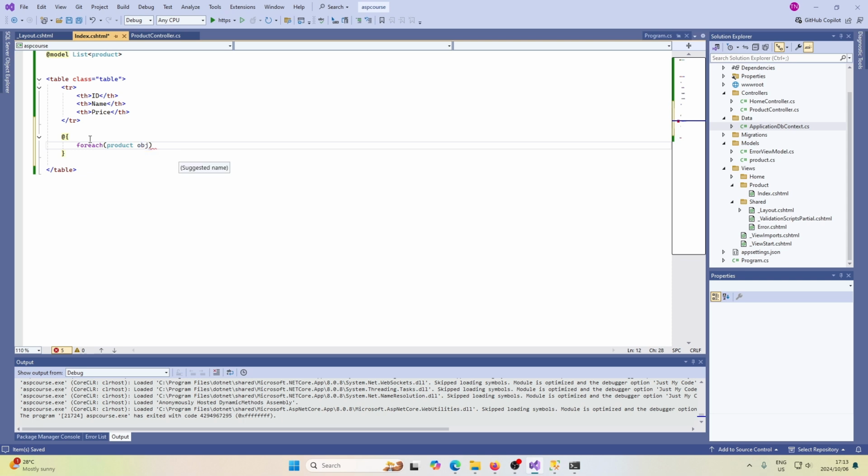We'll name the variable obj in Model. So here we're saying foreach obj in Model, so each of these will be one item in this model, so one product. We're going to create a new table row,